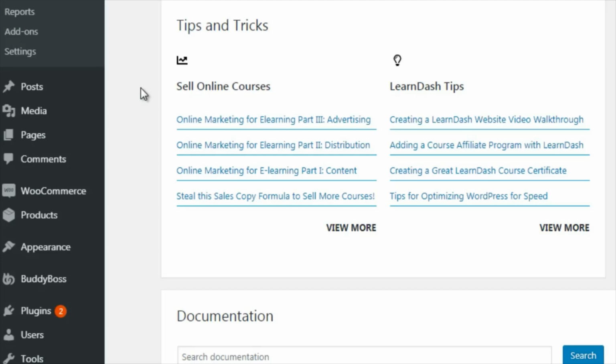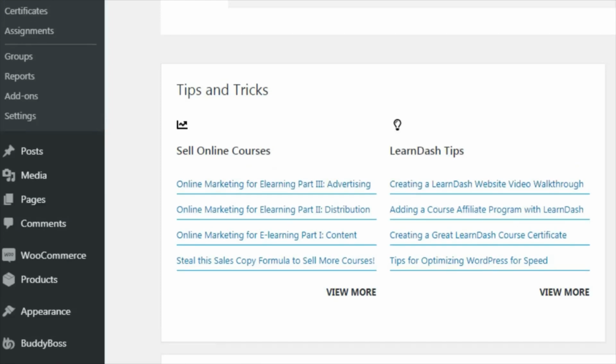A lot of times when you purchase software or get access to web applications, they don't really offer you enough information on how to implement their plugin. So a lot of times you are left with trying to figure things out yourself. Fortunately for you though, LearnDash is so popular, you could either do it yourself or you could hire somebody on Upwork.com or other freelancing sites to actually set things up for you. Now, if we scroll up here,